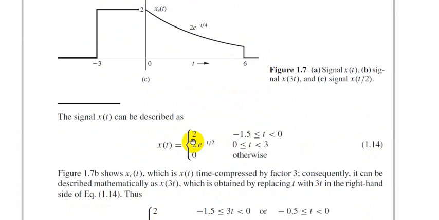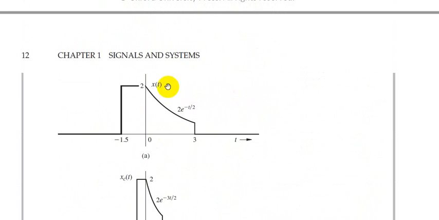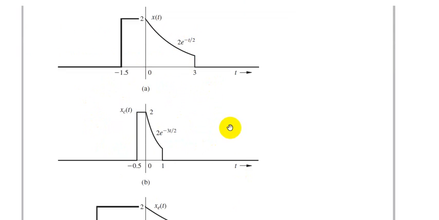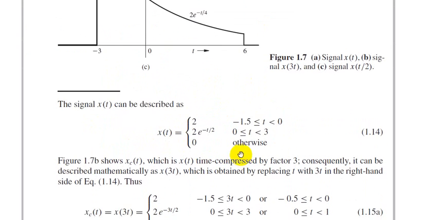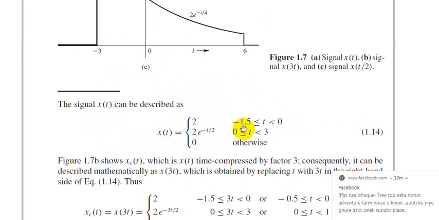This is x of t, the graphical explanation of x of t, and this is the mathematical expression of x of t. Here x of t is 2 when t is from -1.5 to 0, and x of t is 2 e to the power minus t by 2 when t is from 0 to 3. And other values of x of t are 0